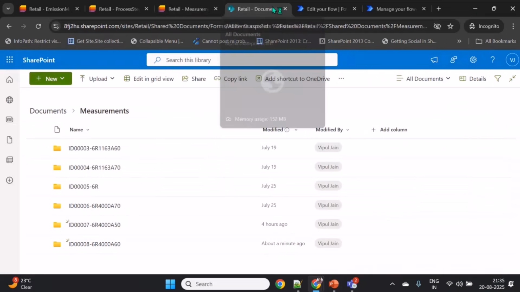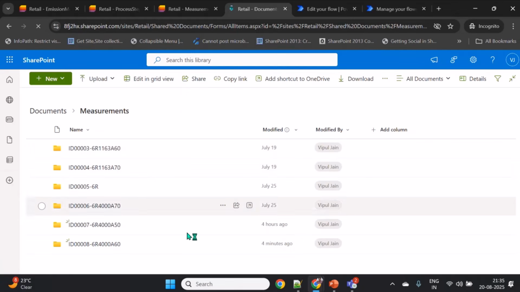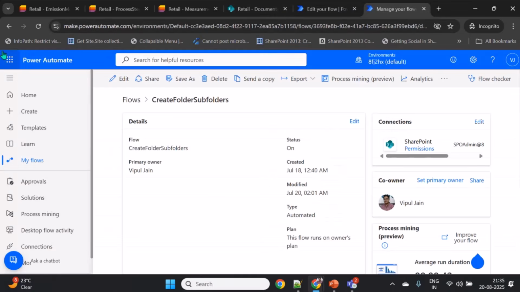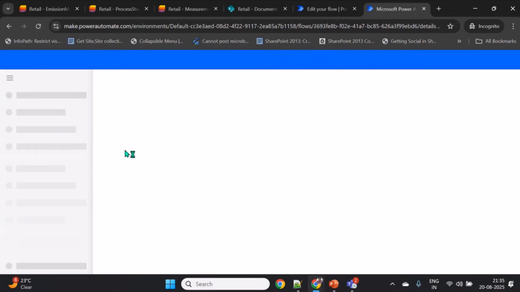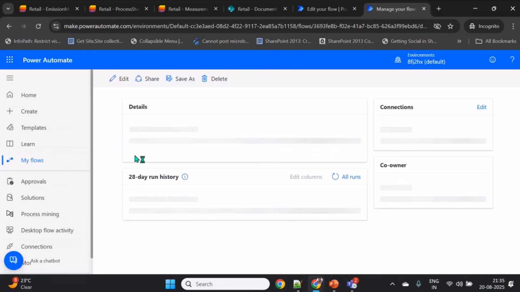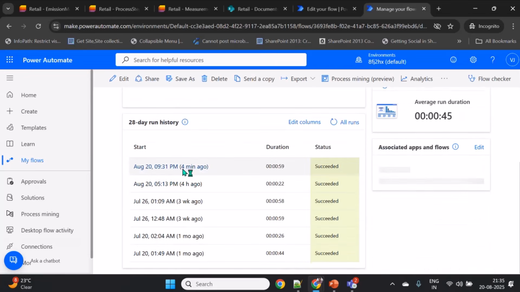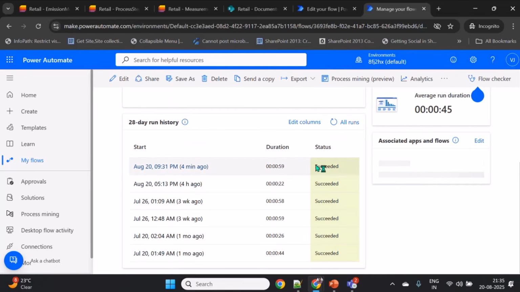So let's go into the document library. I refresh the document library, and I see here that this particular subfolder is created. It means our workflow has executed very well. The workflow has been executed completely. Maybe I can check the run history as well, just to showcase how the workflow has been executed. You see here, just now, 4 minutes ago, the status is succeeded, and all the folders and subfolders are